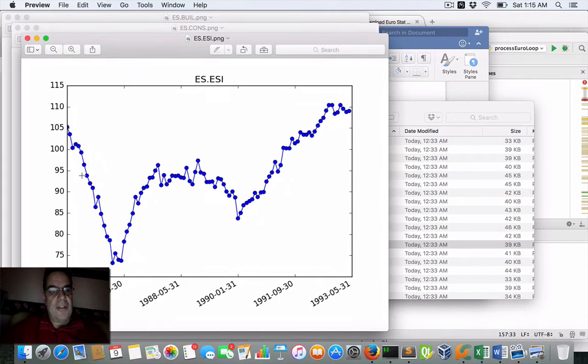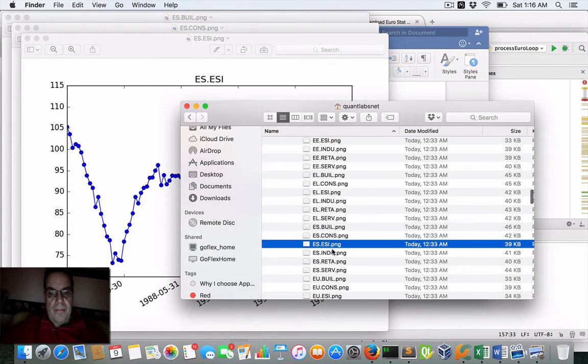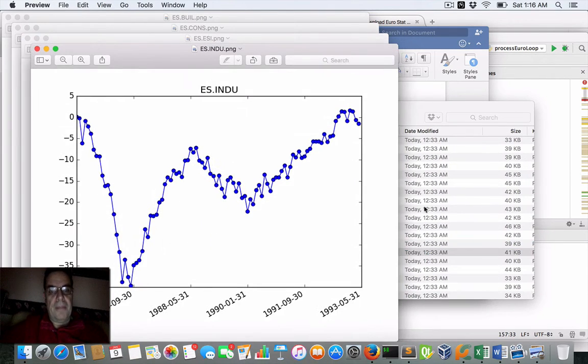Also with the general ESI, this is where it's been hit fairly hard, but it seems to be peaking pretty good. I don't know the time period here. I have to look at the spreadsheet or correct the dates, which is not an easy thing in Matplotlib of Python. Let me show you another one. This is the industrial and manufacturing. Once again, it's just starting to go into positive territory. That's looking pretty good.